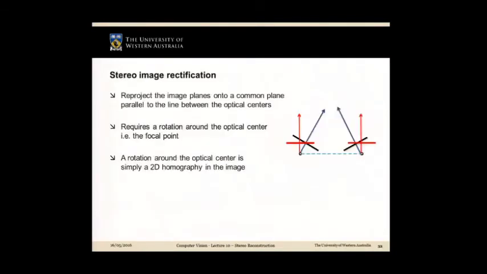Now, this image rectification, how do you perform it? So you reproject the image planes onto a common plane parallel to a line between the optical